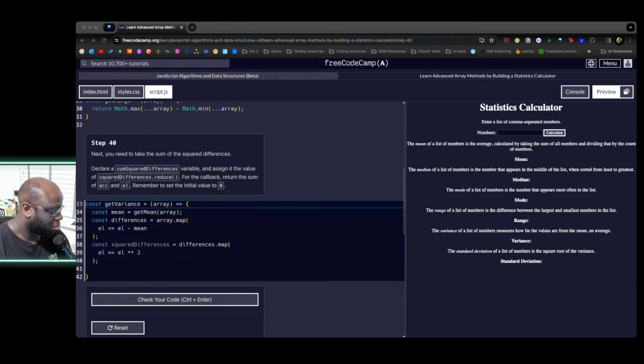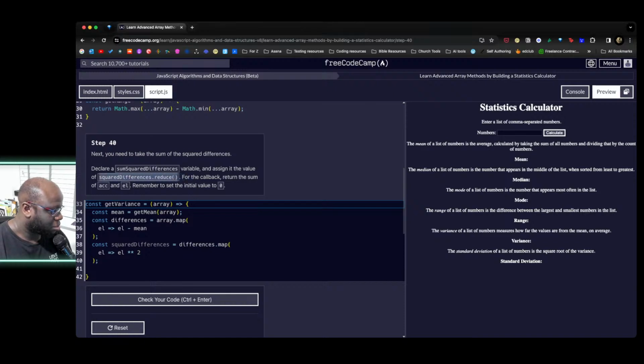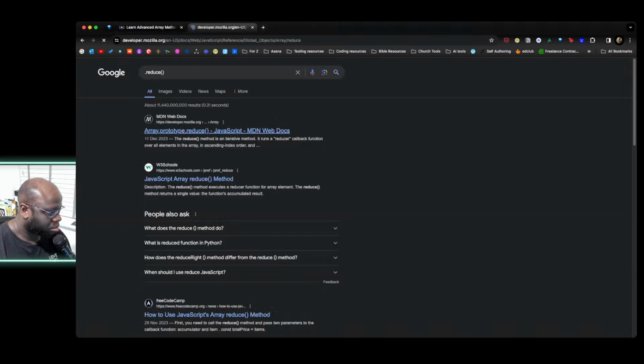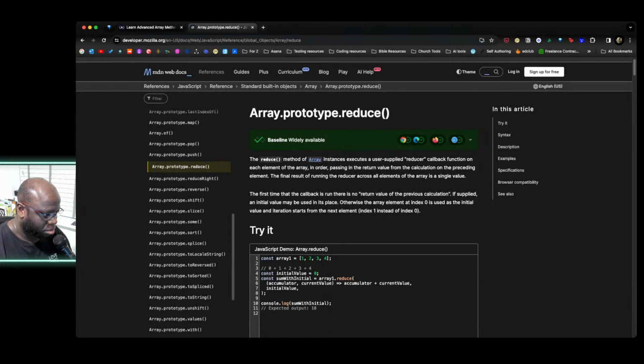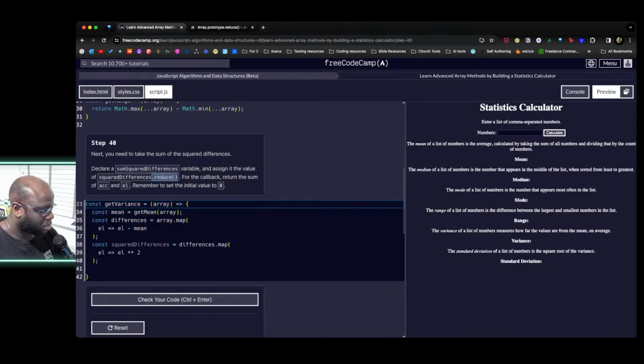How do I define an accumulator though? So again, we've done this before. Okay, so the initial value is like a second argument. Okay, cool. So what we're going to do here is